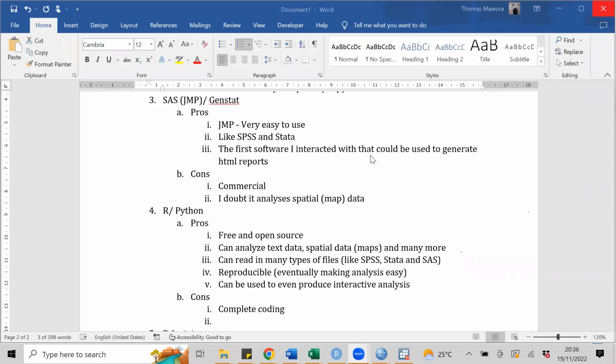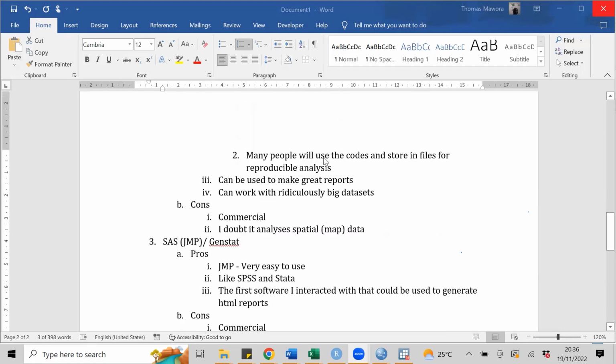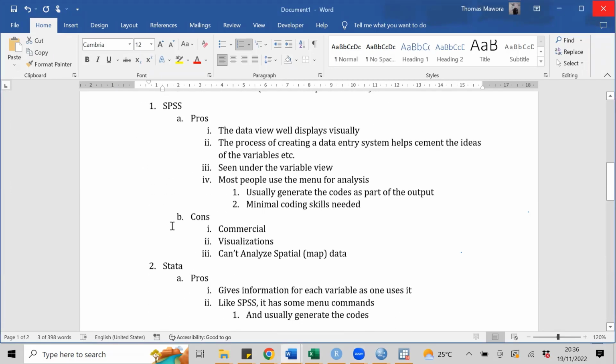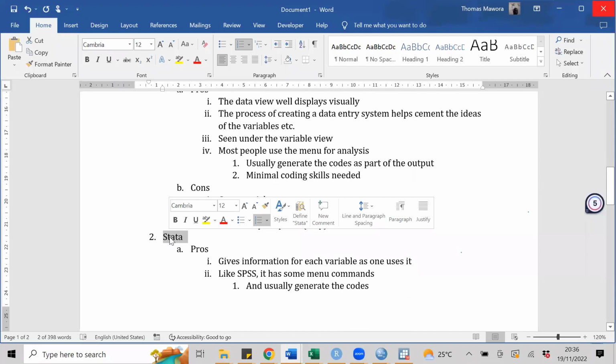Allow me to not react, but just to add. Because I have interacted with this software, I don't think you need to learn all of them. But I think you can start with either SPSS or Stata, because they are still being used a lot in our context.